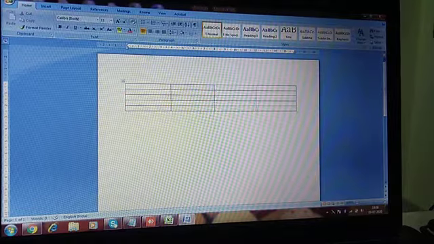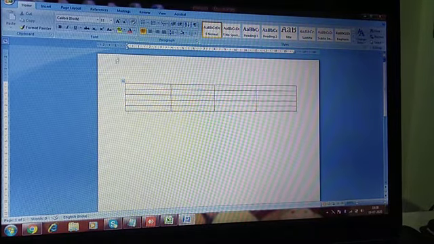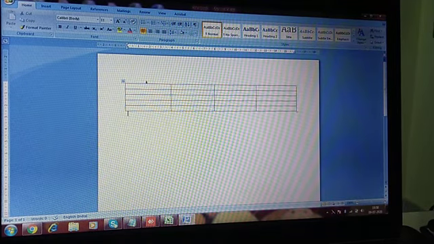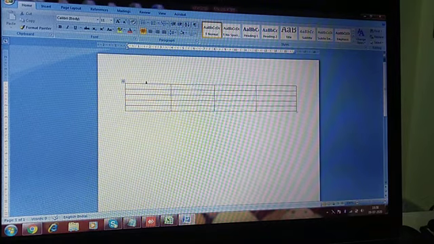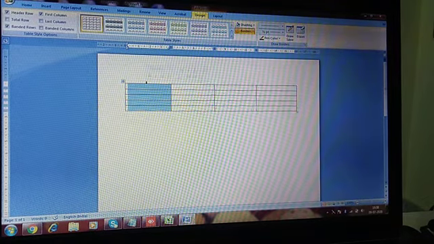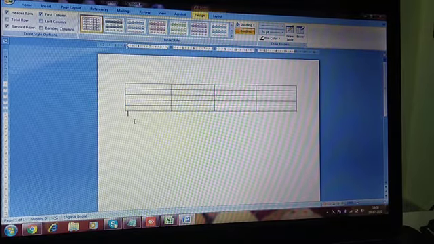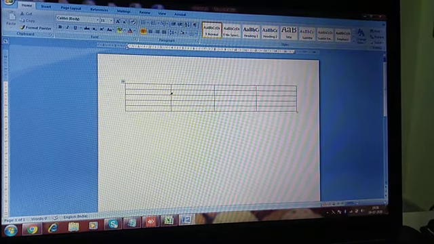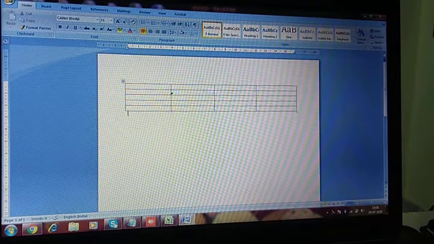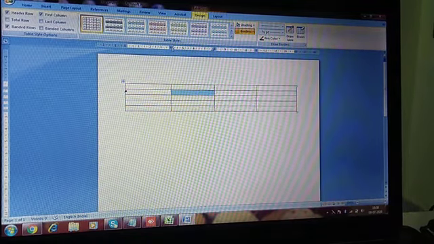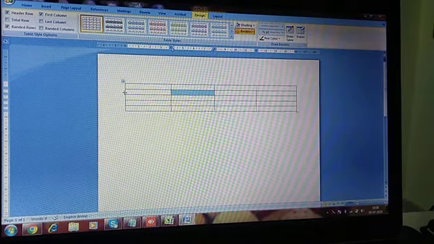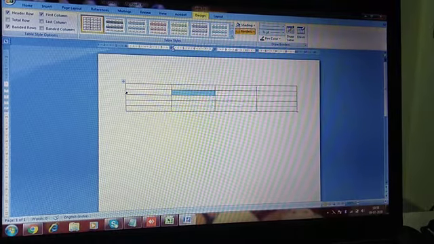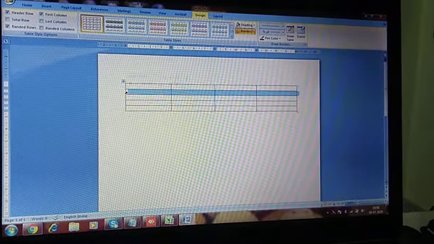Again I am telling you how to select the column. For selecting the entire column, just go upwards and then this black dark arrow will come. After this, just single click. Okay, now how to select a cell? For selecting a cell, go at the side of the cell, a diagonal dark arrow will come, and then select by single click. Okay, how to select the entire row? For the entire row, just go to the left side of the table, then again this diagonal black arrow will come, then by double clicking it, the entire row will get selected.